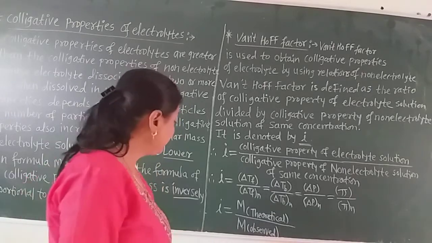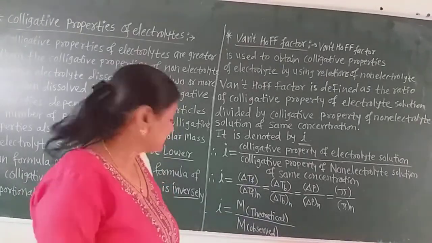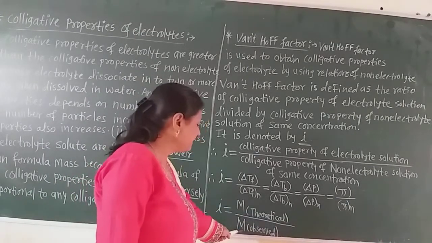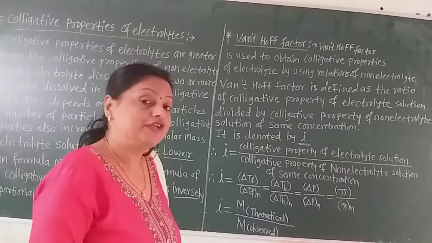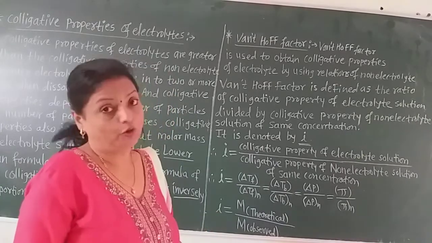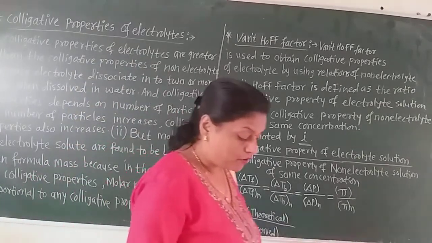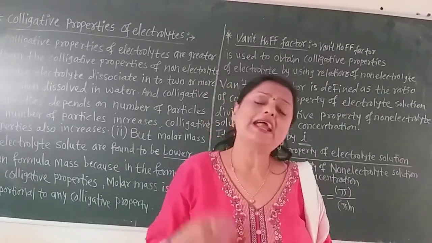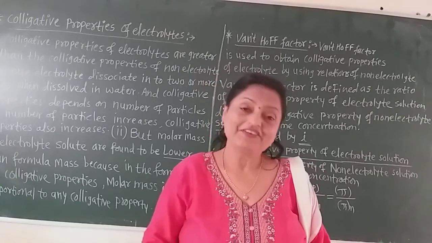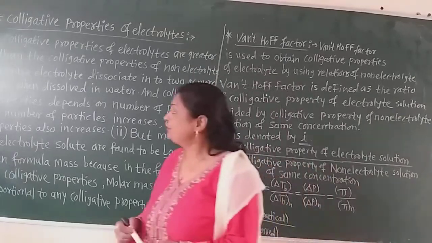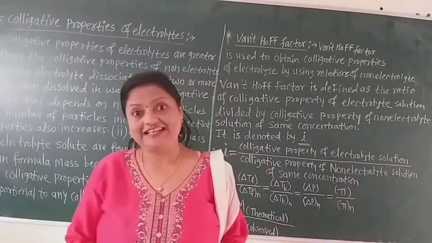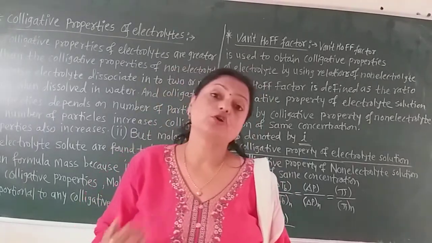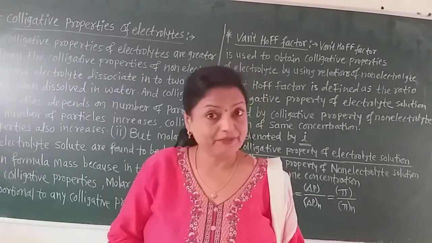Again, the Van 't Hoff factor in the case of molar mass can be calculated as i is equal to M theoretical divided by M observed. In this way also we can calculate the Van 't Hoff factor. Now this is about the relation between the colligative properties of electrolyte and non-electrolyte, which is given by the Van 't Hoff factor. So students, if you understand all these, the numericals based on the calculation of molar mass using osmotic pressure,